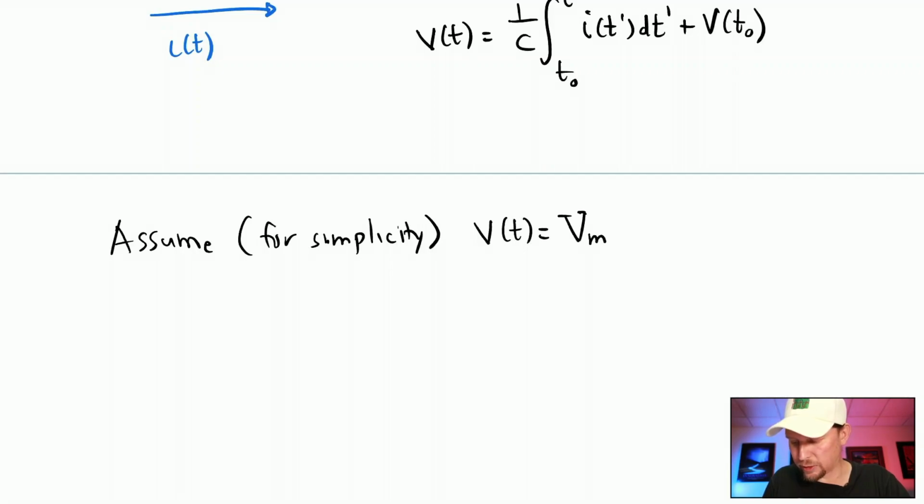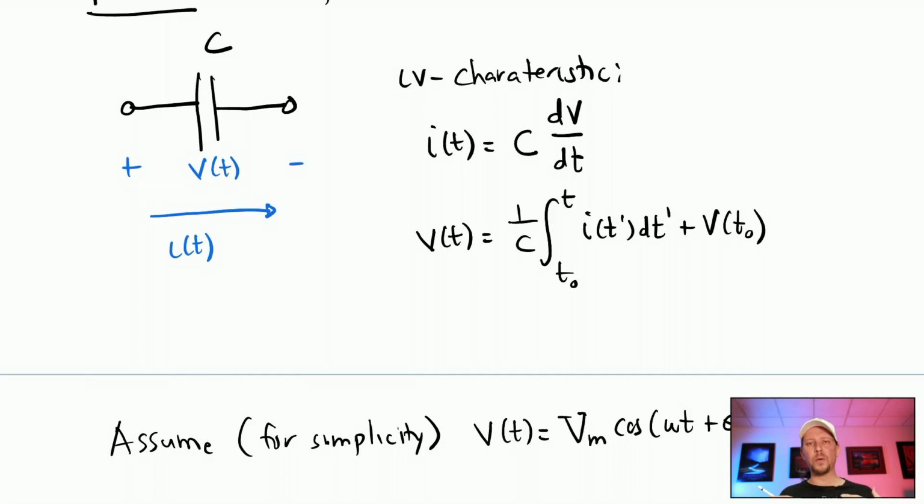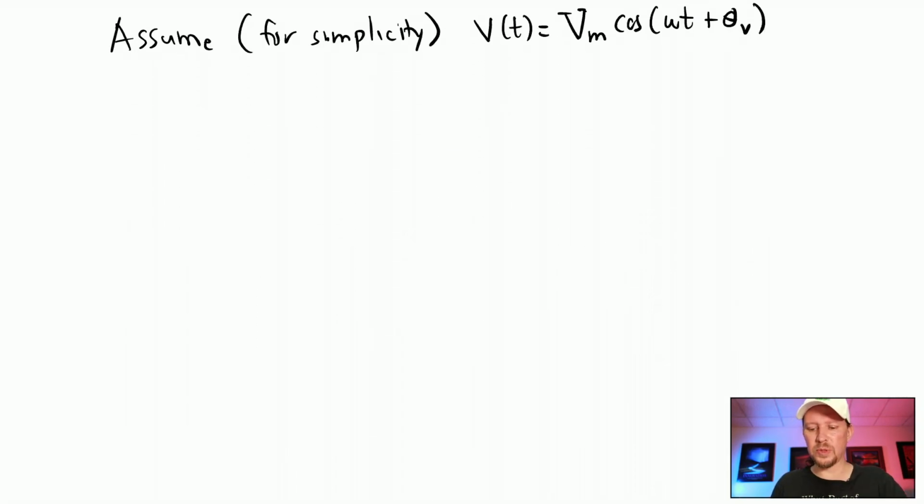It has some magnitude times the cosine of omega t plus the phase constant for that capacitor. By following essentially the same identical arguments that we followed for both the resistor and the inductor, and I'm going to leave this as an exercise to you guys, one of the things that we're going to be able to show, given this assumption, is it can be shown